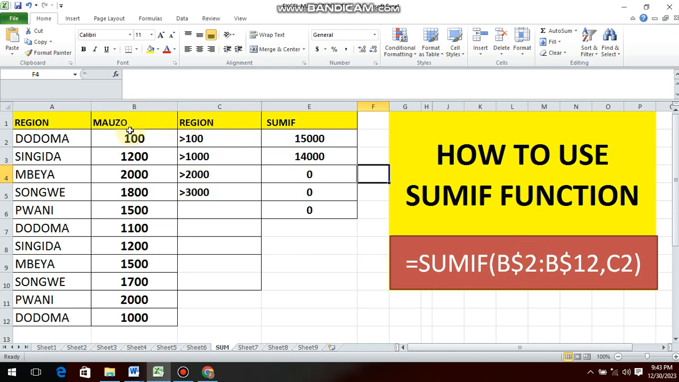in calculation. For example, I have data or values in column B. I want to sum up the data in column B which is greater than 100. Also, I will sum up the values in column B which are greater than 1000. Also, I will sum up the values in column B which are greater than 2000, and so on. To do so,